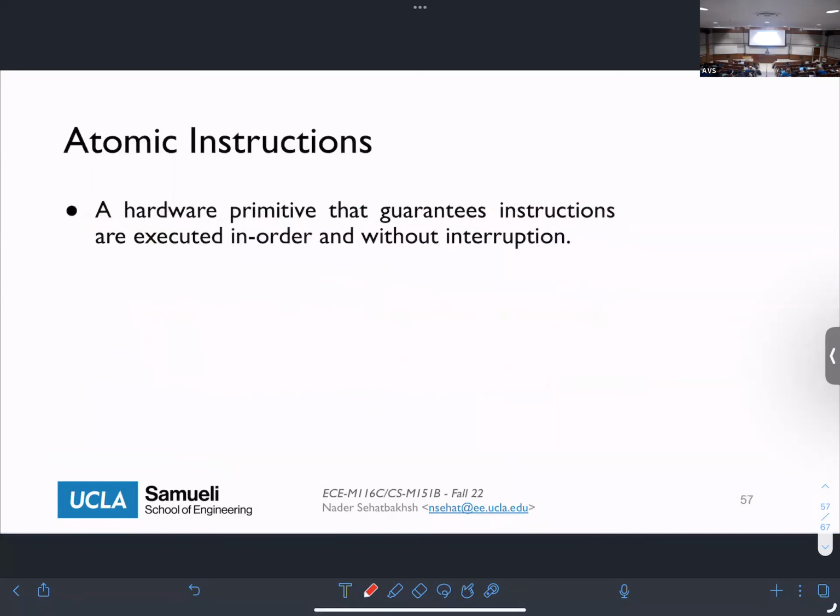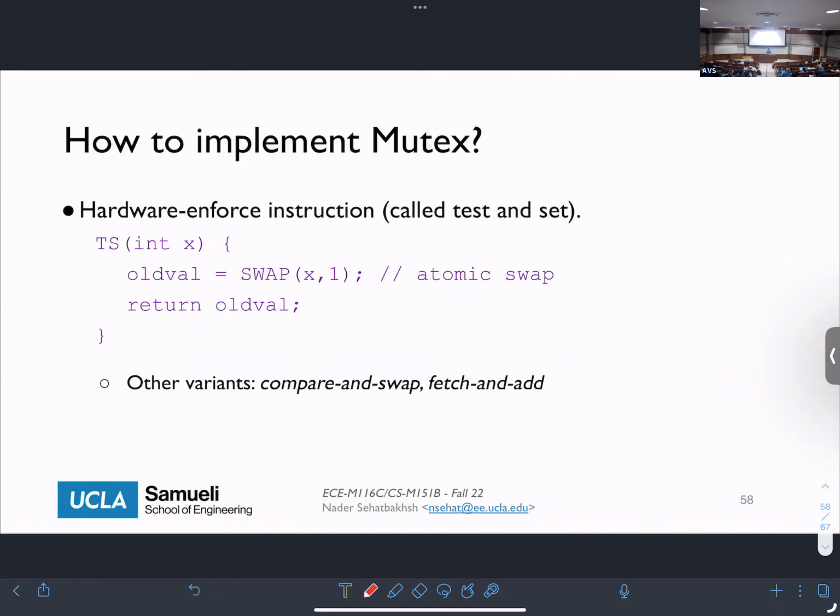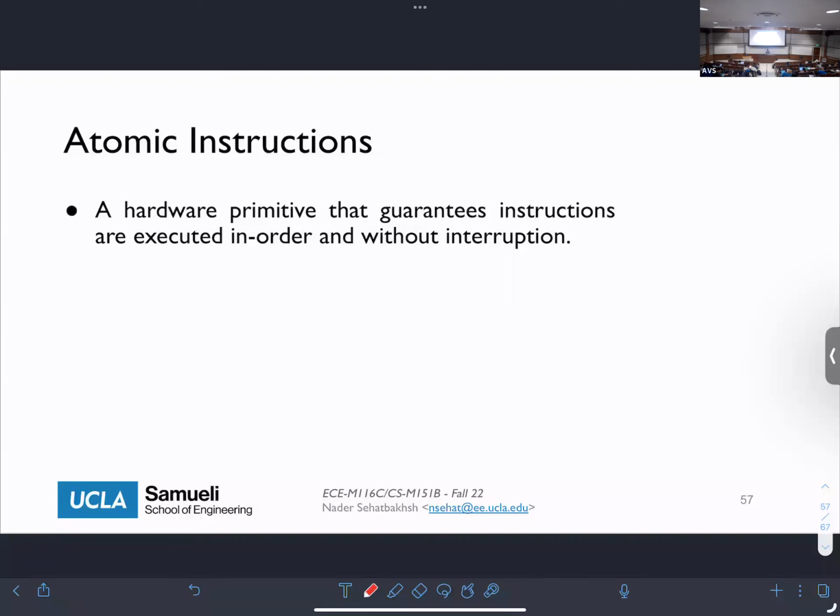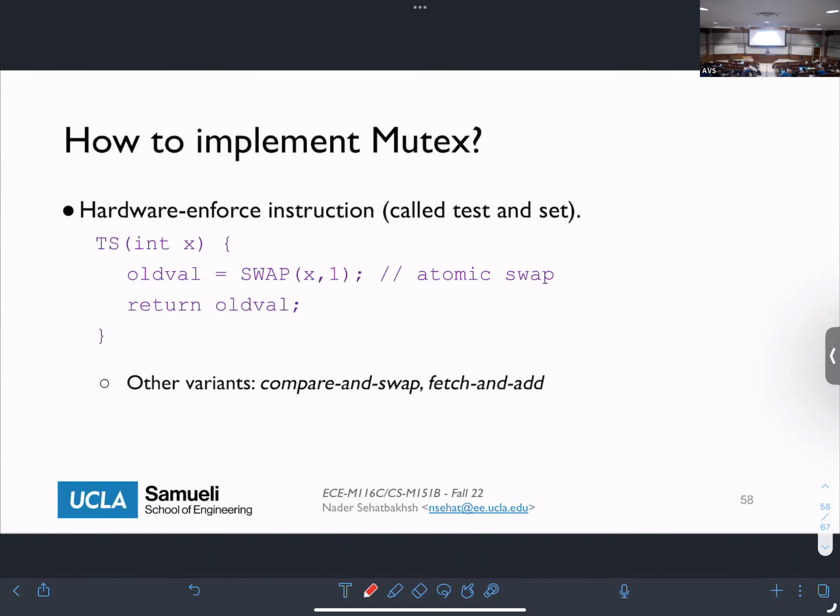You might ask, why are we not running everything in atomic fashion? Because you want to have parallelism. That was the whole point of having multi-cores, but maybe sometimes it would be a good idea to have it. And that would be when you actually implement your atomic instructions in atomic code. Okay, so now that we have this, let's see how we actually implement the acquire.